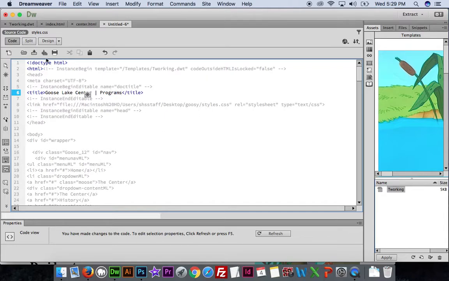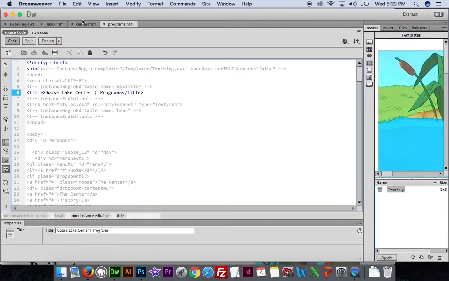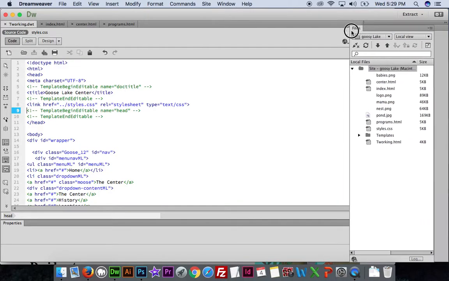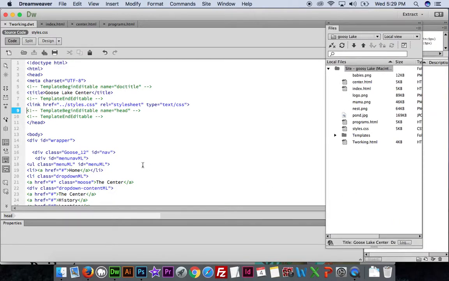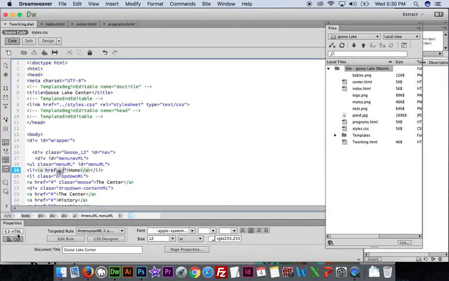Okay, so there are my beautiful pages. Programs.html, save. Alright, so now I have index, center, programs. I'm going to save all. Now, I'm going to go back to the template and bring out my files. So here are all the files that made up my site. So I want my home page to link up to my index.html. So I'm going to put my cursor by the number sign, find the number sign in my properties HTML,